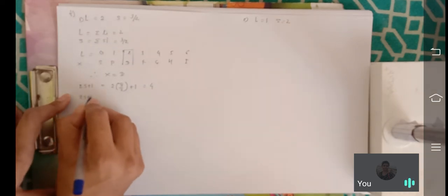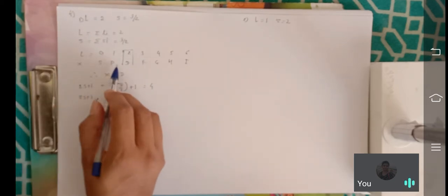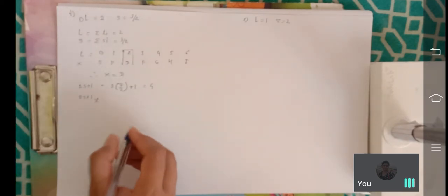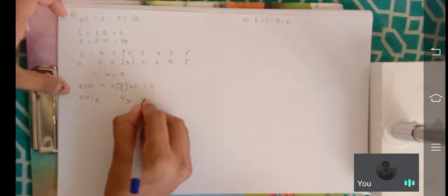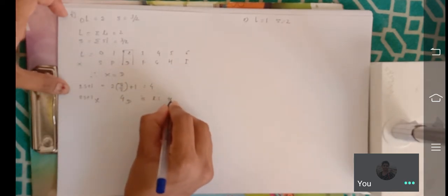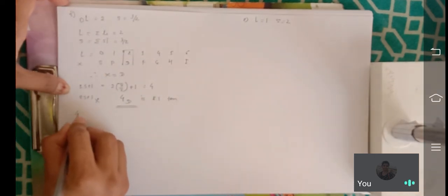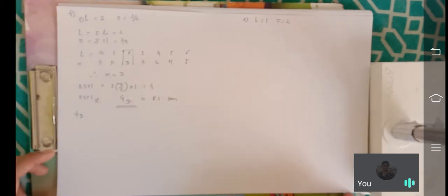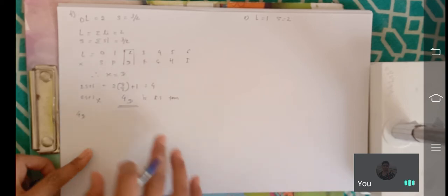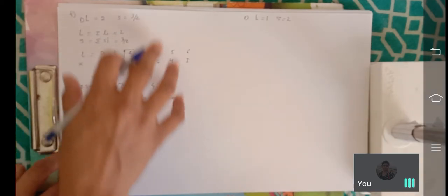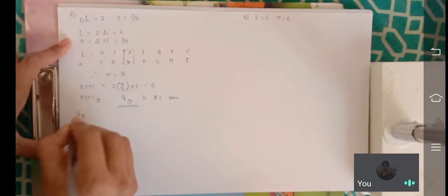Then twice S plus 1, X. What is the value of X when L is equal to 2? At that time, quartet D is the RS term. Quartet D is the RS term. Then you just put the values. I am not writing in detail because in the previous question we already explained how you write and present that answer. I just write the calculation.